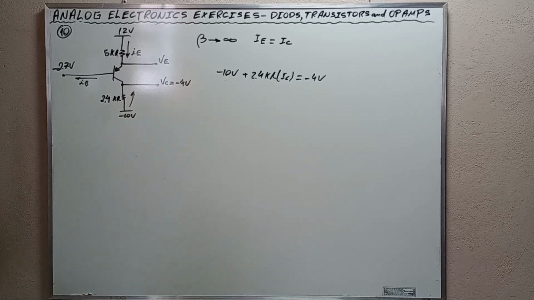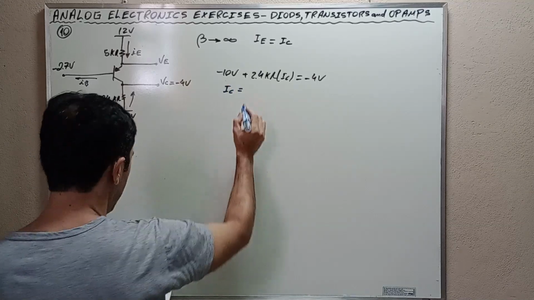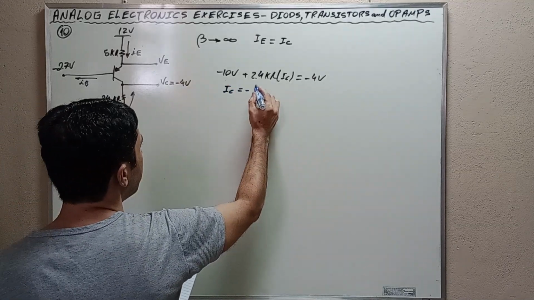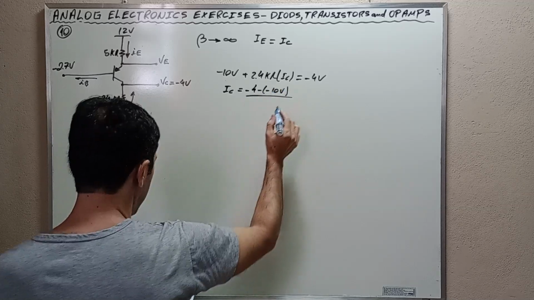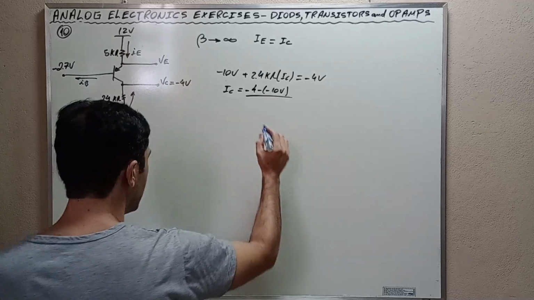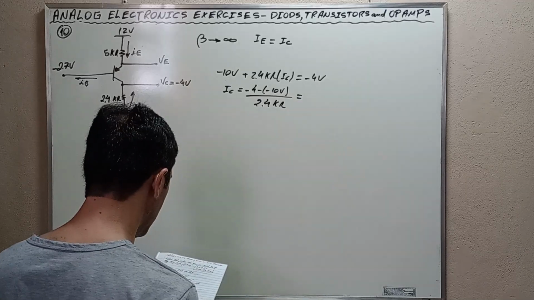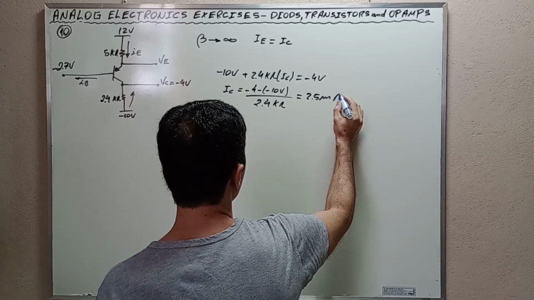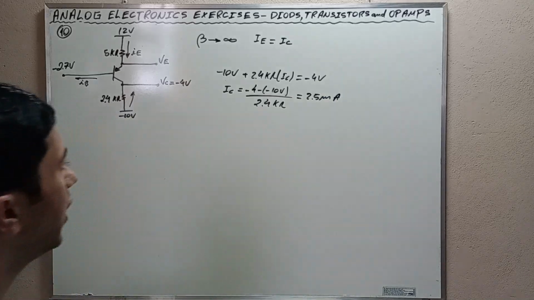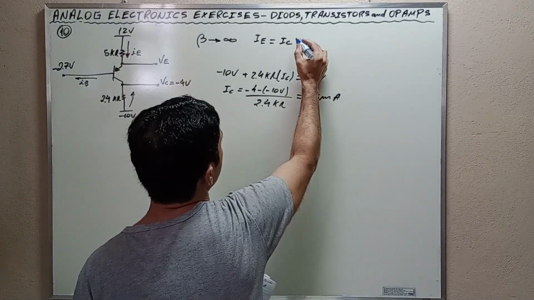Alright, my friends, from which we find that IC is equal to negative 4 minus negative 10 volts divided by 2.4 kilo ohms, and this is equal to 2.5 milliamps. Alright, this is the value of the collector current, and this is also the value of the emitter current,